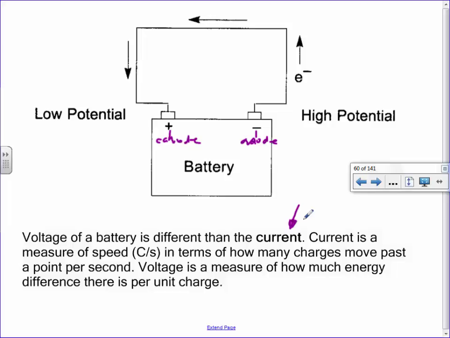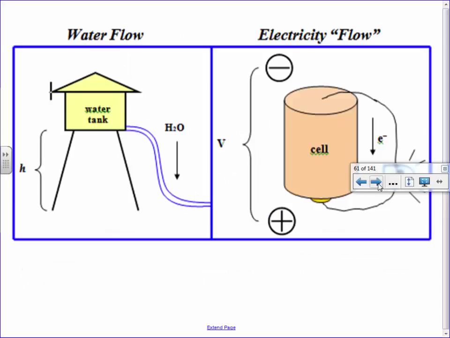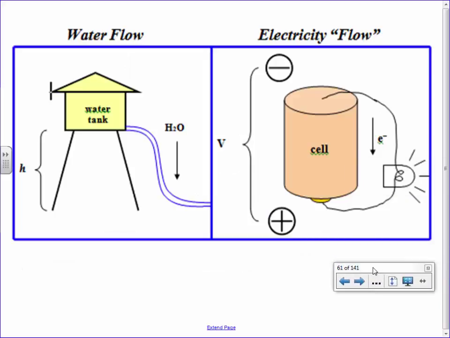Do I have my water tower analogy here? I do. Okay. Let's talk about my water tower analogy, because I like this one. Imagine you have a water tower filled with water 20 feet above the ground or whatever. Let's say you put a hole in the water tower. Well, the water at the top would be able to flow out of the tower, right? Its voltage would be how much energy you'd have between the water at the top and when the water hits the ground. That's an analogy for voltage: how much energy the water is going to have when it hits the ground.